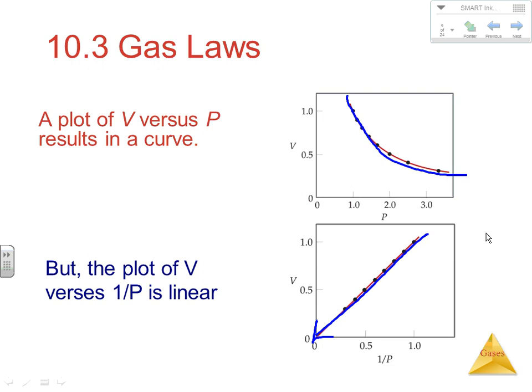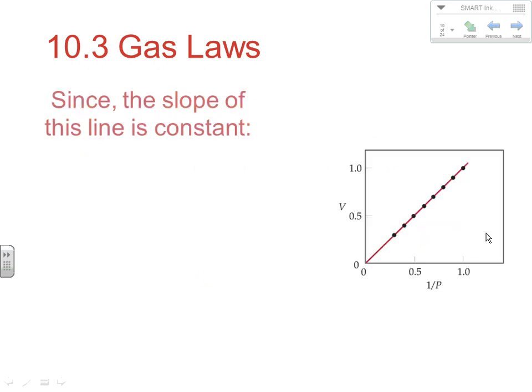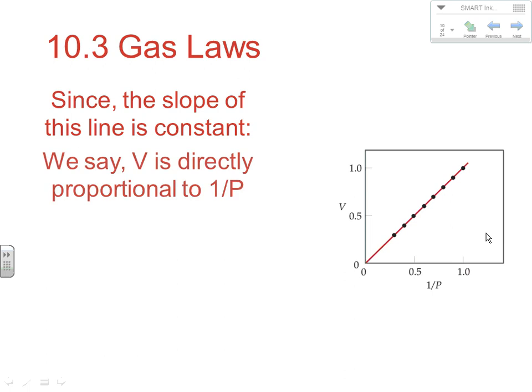Now between these two plots, really this top one is useless. That doesn't give us anything useful. This bottom one, however, has a constant slope, and that's going to be really key to the mathematics that we end up setting up. The top situation had a changing slope, which is not very useful to us. But the bottom relationship, volume versus inverse pressure, gives us a linear relationship that hits the axes at 0, 0. And that's important. So since the slope of this line is constant, we say that V is directly proportional